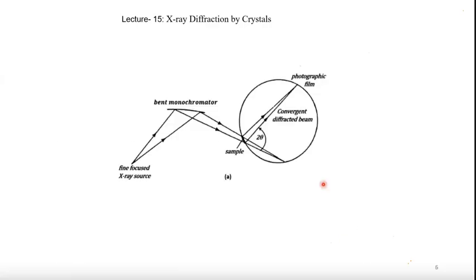Here we can see it a little more focused: a fine-focus X-ray source, then a bent monochromator crystal, then the sample, and we get convergent diffracted beams. Here we place the photographic film, or we can record this convergent diffracted beam in a CCD